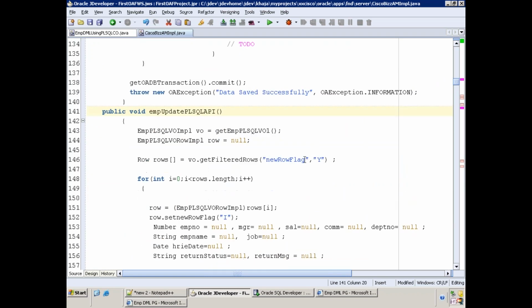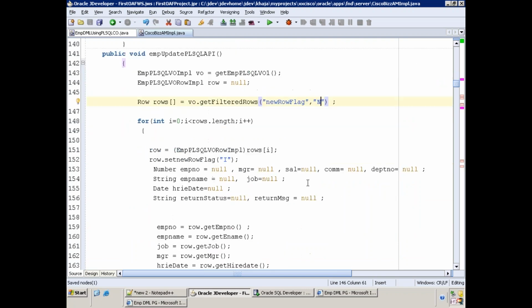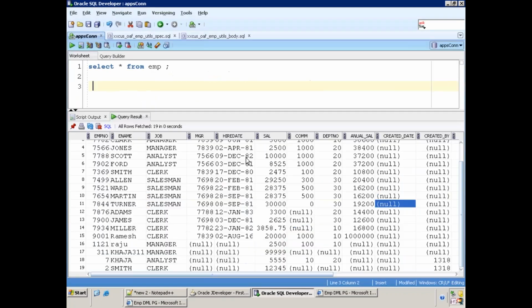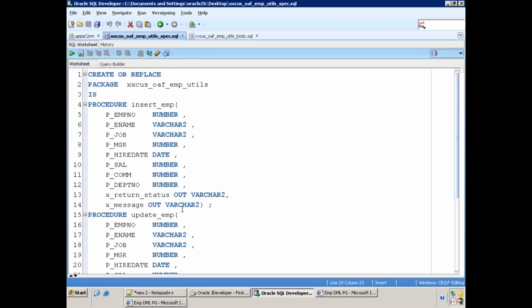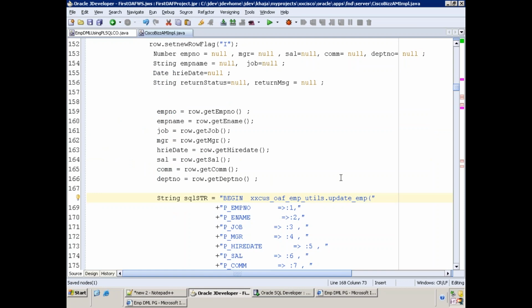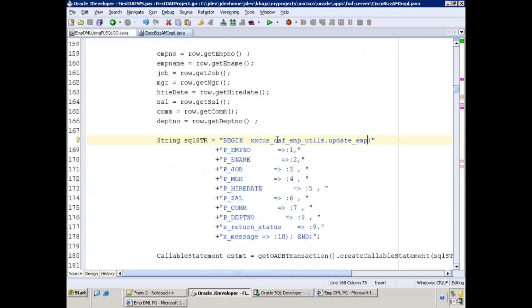And here, for which rows you want to filter, you have to get all the rows where the flag value is N, and we have to change this API name. Instead of the insert API, I'll call the update API, update EMP. The number of parameters and everything is the same, so I do not need to change any of the below logic, because it has the same parameters and the same sequence.